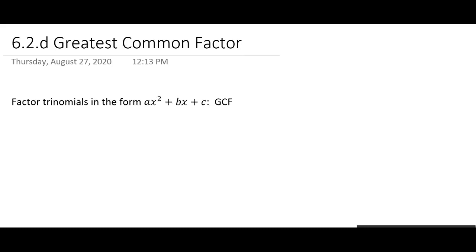So we've factored some trinomials, and we also have trinomials that are in a little bit different form. So these trinomials that we're going to be working on have a leading coefficient that's not 1. So sometimes there's different ways we can deal with it. And earlier I had said always take out the greatest common factor first. Well, when the leading coefficient was 1, we didn't have to worry about that. But now we can look and see if there is a greatest common factor.